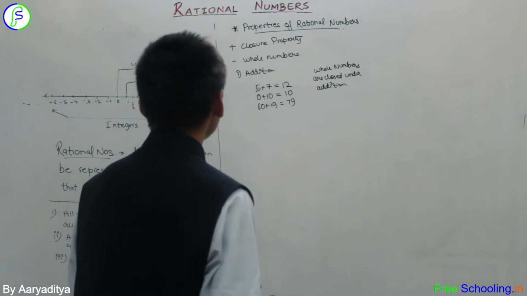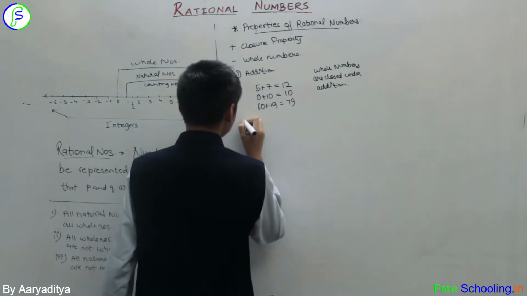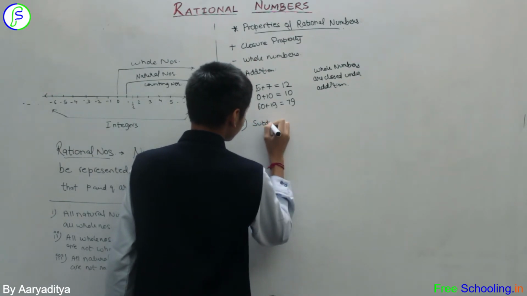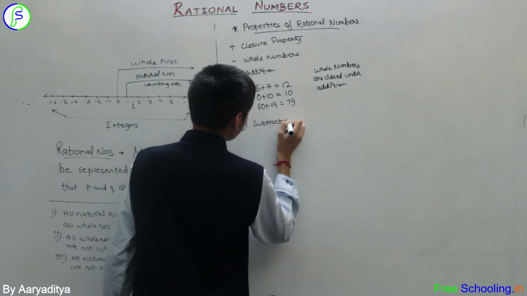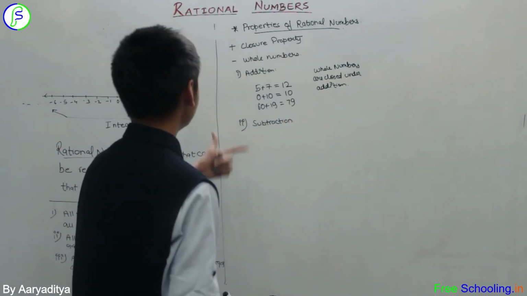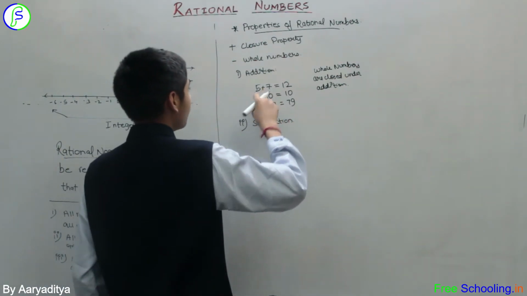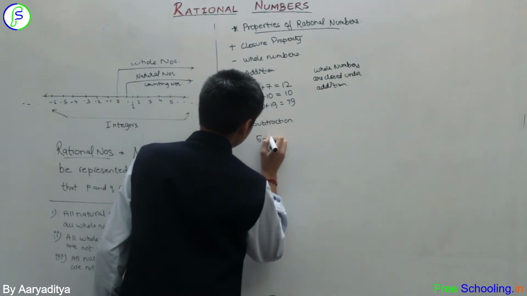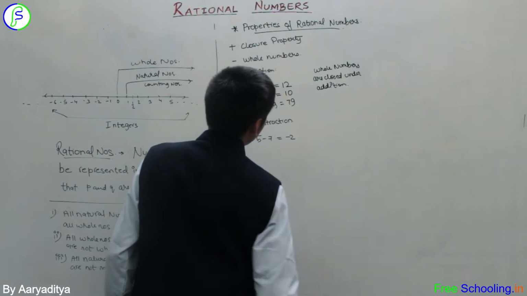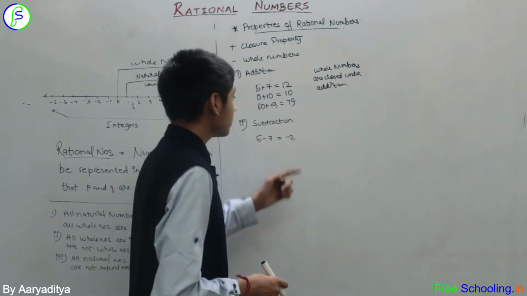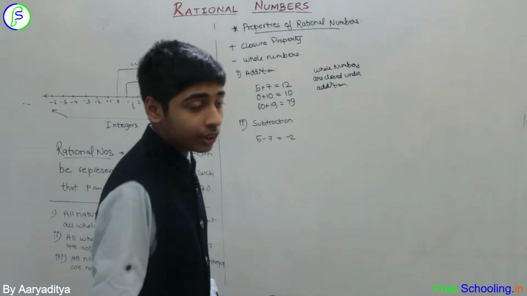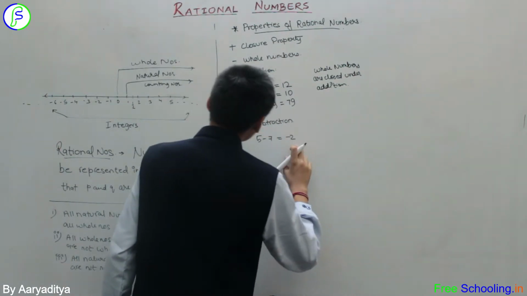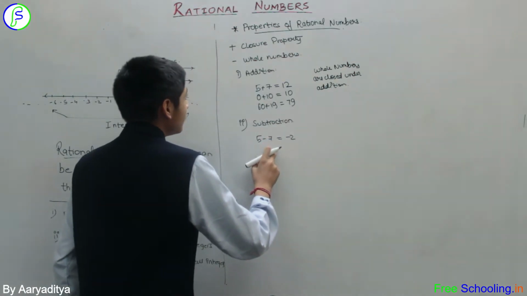Okay, and similarly let us do this one with subtraction. So very easy, we just need to change the sign. So we will be getting 5 minus 7, that is minus 2, and we can see that minus 2 is not a whole number, it is an integer. So directly, if you get a single example that denies that whole numbers are closed under subtraction,